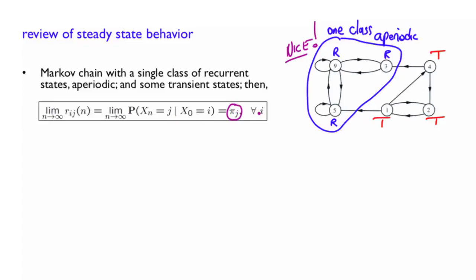There are two aspects to this property. First, the limit exists, so the probability of state j does not fluctuate. It settles to something in the long run. And furthermore, that probability is not affected by i. Now, if we don't know where the chain started, and we want to know the unconditional probability of being in state j in the long run, when n is large,